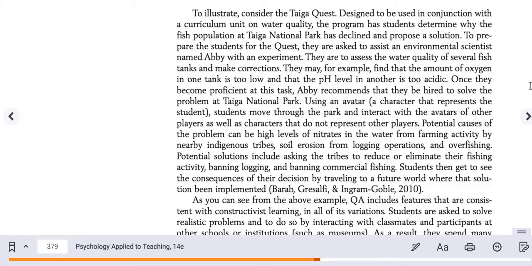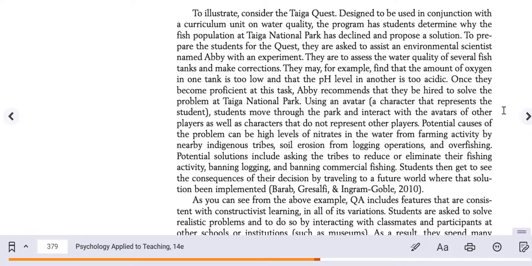They are to assess the water quality of several fish tanks and make corrections. They may, for example, find that the amount of oxygen in one tank is too low, and that the pH level in another is too acidic. Once they become proficient at this task, Abby recommends that they be hired to solve the problem at Taiga National